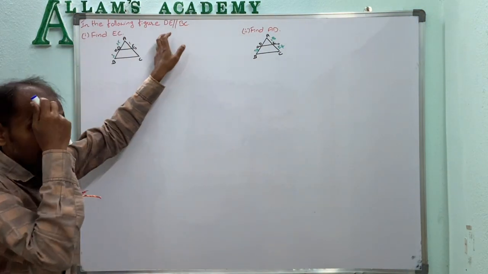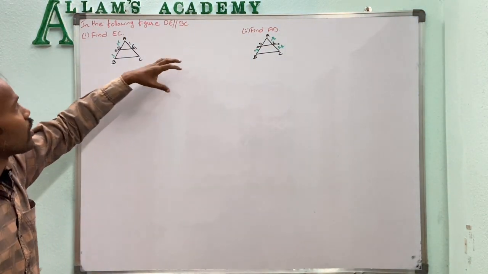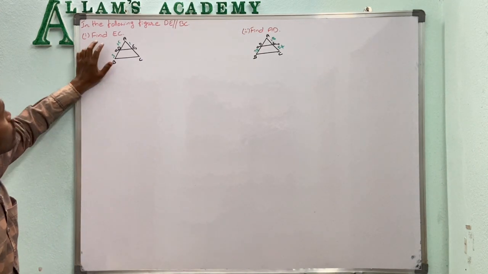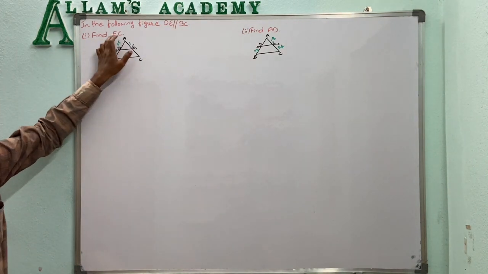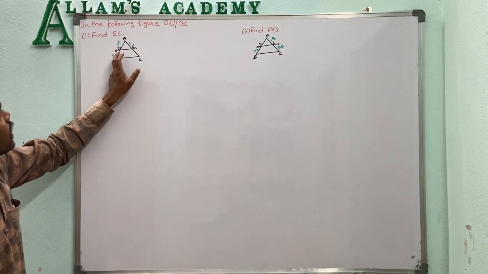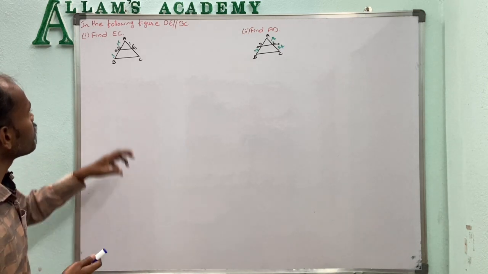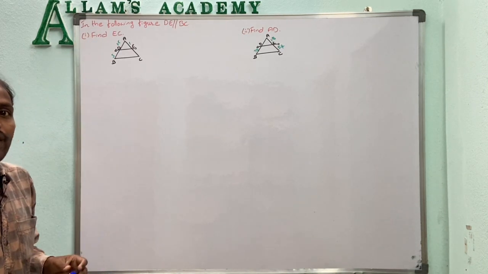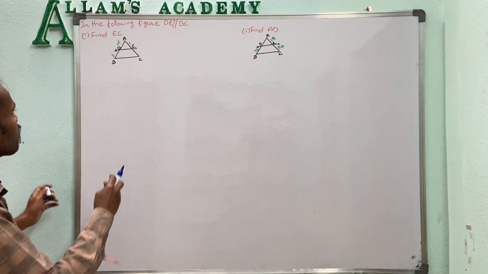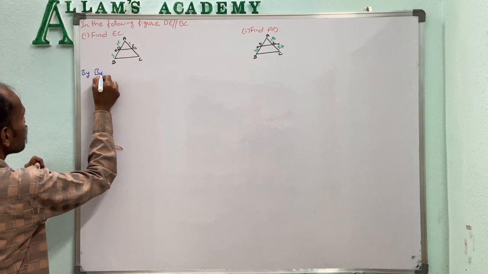In the following figure, DE parallel to BC is given. Now we have to find some sides. So in this diagram, finding the EC length is asked. In triangle ABC, DE is parallel to BC, given. That means here in this case we have to use the basic proportionality theorem. So by the basic proportionality theorem,